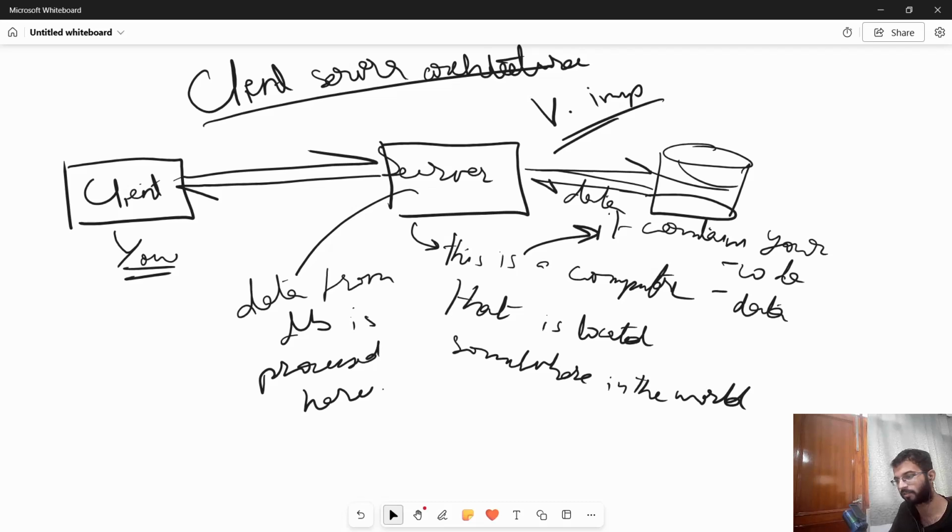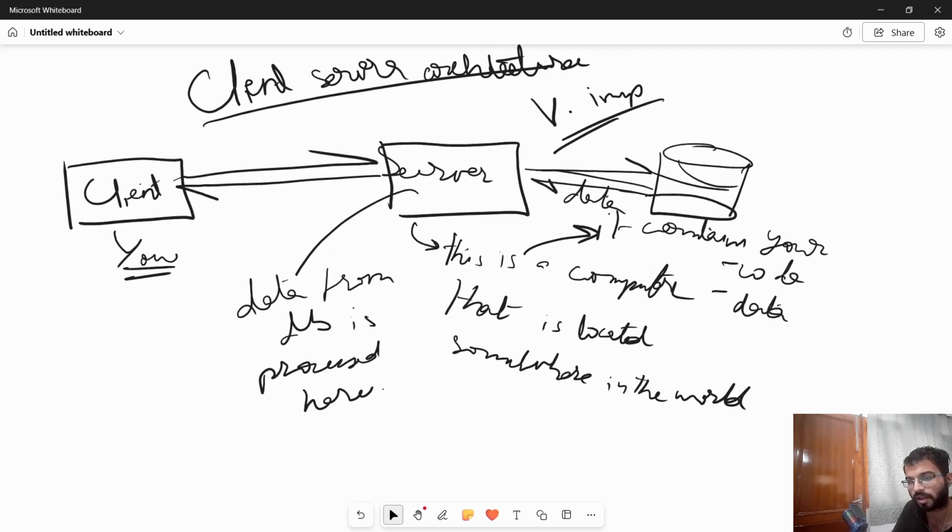So what is a client? Client is basically you. Server is a computer that is located somewhere in the world, and it contains the application code as well as it is connected to the database such that it can retrieve the data from the database and it can store the data in the database, right? And that data which it is handling can be manipulated or processed by the server,